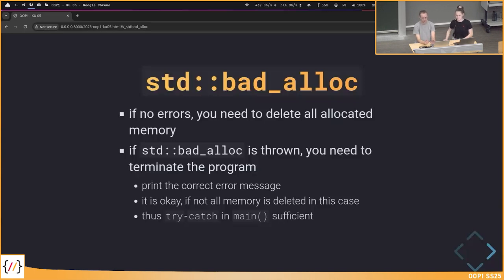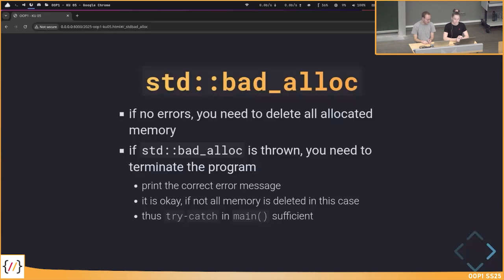And if at some point the std::bad_alloc exception is thrown, you need to terminate the program. As stated in the assignment description, you need to print the corresponding error message. You need to return with the correct error code. But it is okay if not all memory is freed in this case.